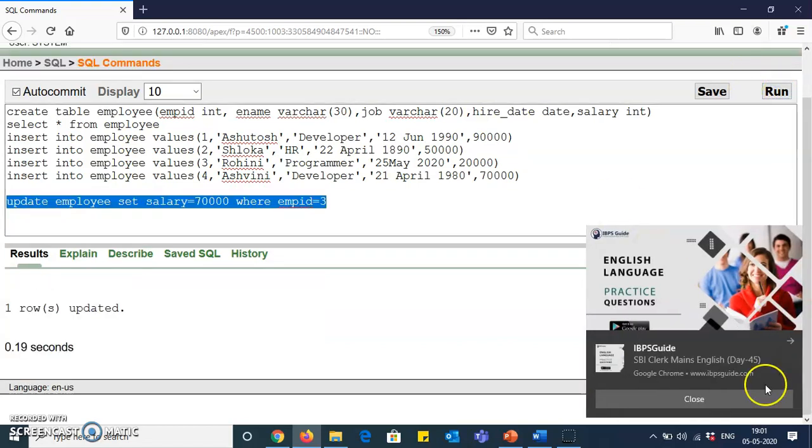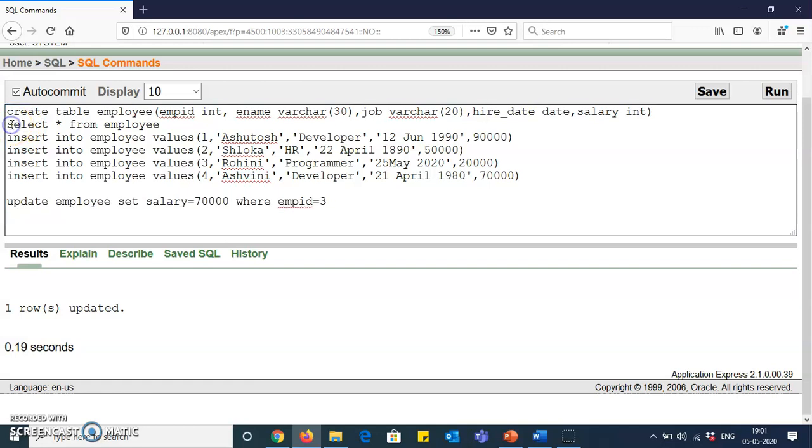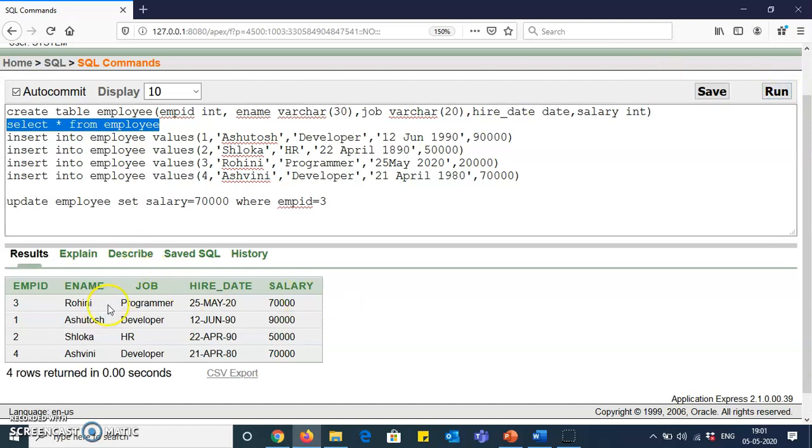Is it executed? Yes. This has updated the salary whose employee ID is 3. Again I will check by running select star from employee. If I run this, you can see the salary of the employee named Rohini is changed to 70,000. Earlier it was 20,000.